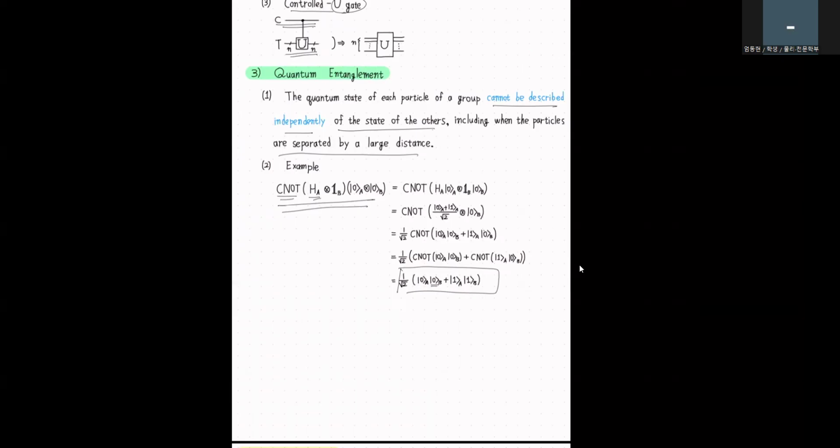So first, we apply the Hadamard gate. And let's say this is 0, and this is A, this is B. And then we apply the CNOT gate conditioned on here. So this is what's called a Bell pair,